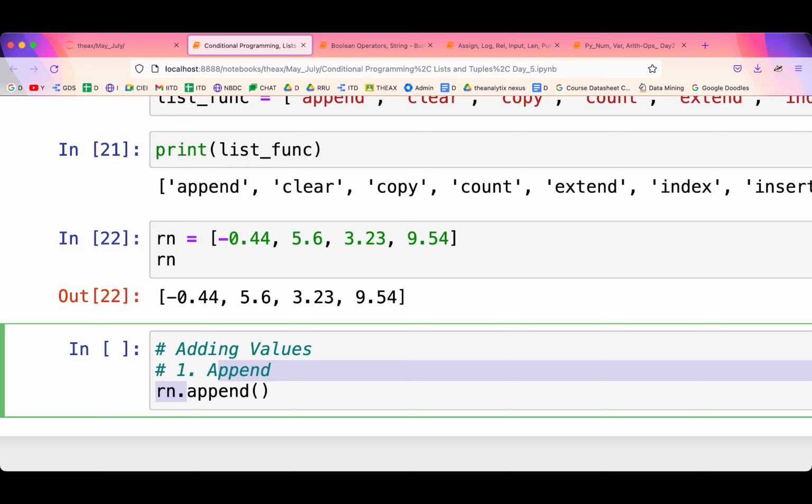So if we say Rn dot extend and want to add many values, 3-4 values, I'll just take a list of values inside it. You can add one number, but I'll take a list of values inside it. So I'm going to write 0.34,